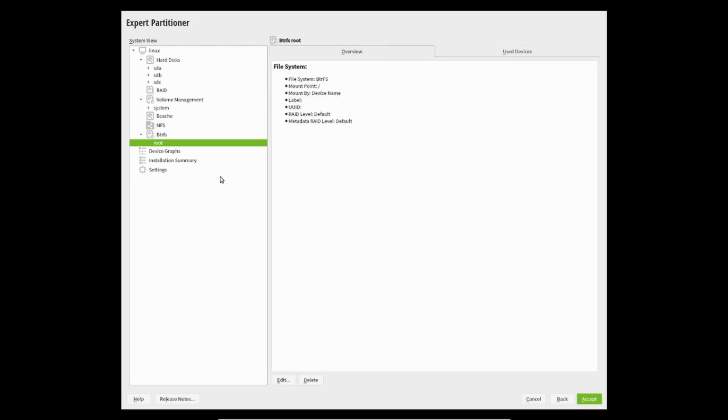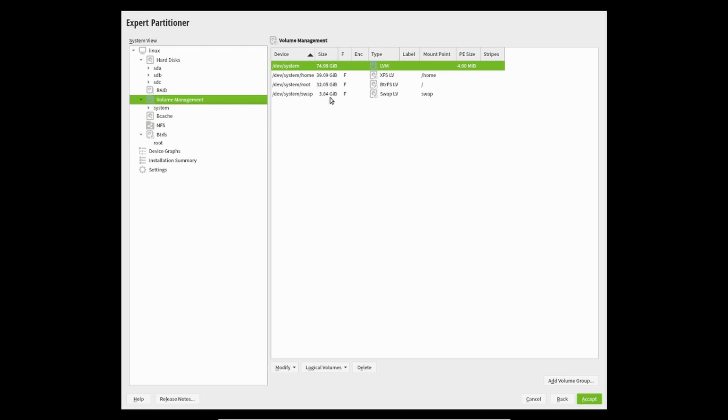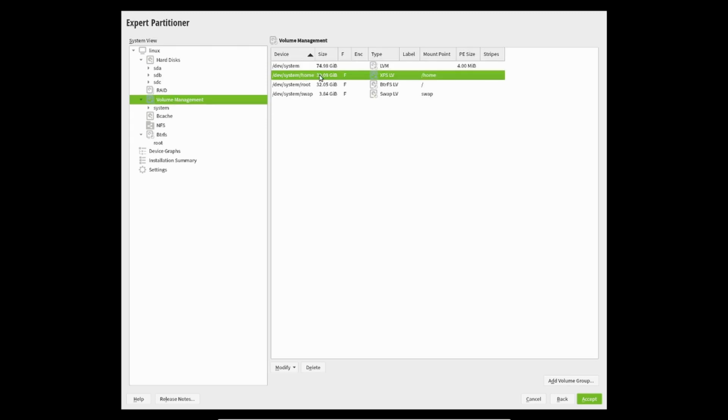And yes, so we go back to the volume management, and now I will change this size to 10 gigabytes. But before we start with this configuration, I will show what you can do. Now we have the options to modify. So we can edit the logical volume, we can resize the logical volume, we can delete this one, we can add the volume group,